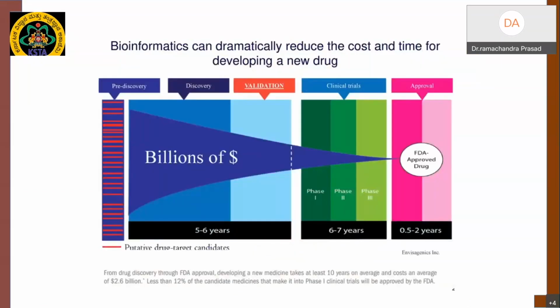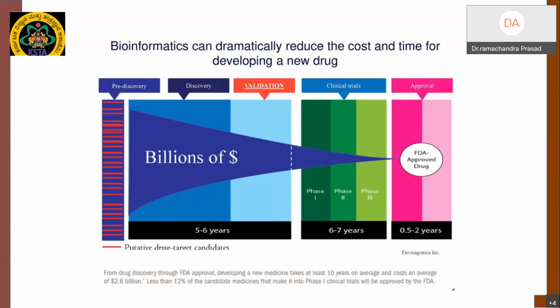When you look at drug designing in the pharmaceutical companies, from the designing of a drug until its release into the market, it takes more than 10 years. But because of bioinformatics, now we can save 5 to 6 years. And we can save a lot of money, because a lot of money is required to design a drug and release it into the market, because you have to go through all the trials, phase 1, phase 2,